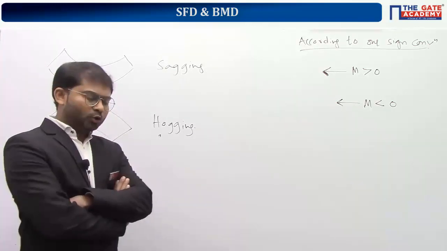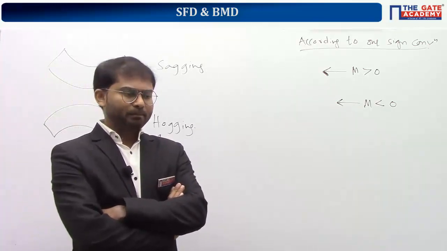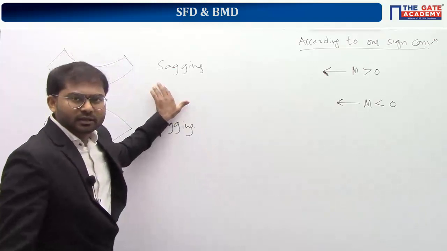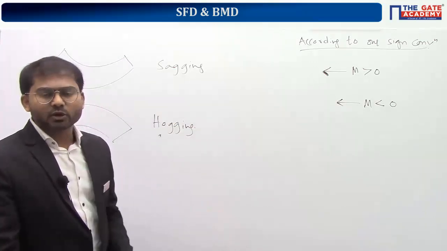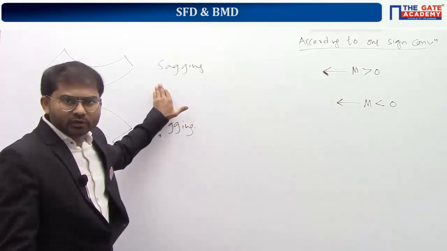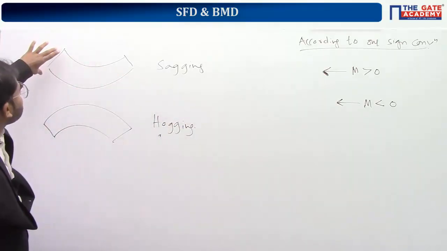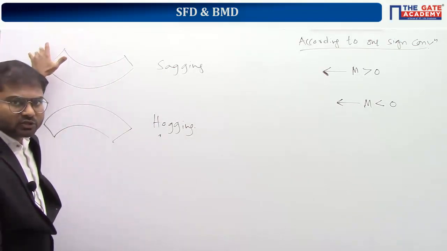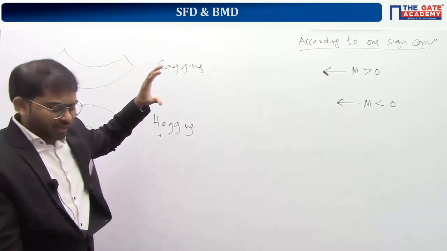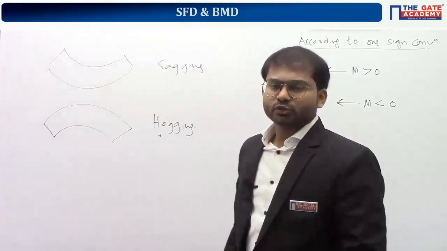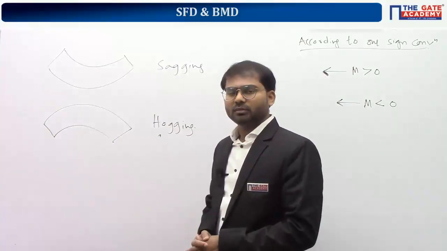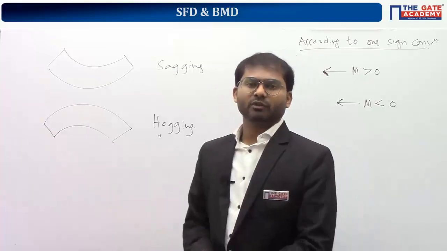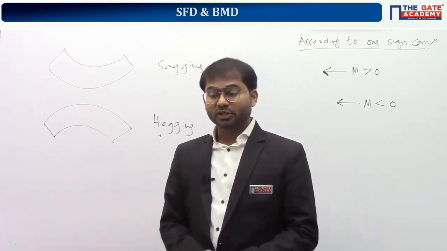Understood? If you go to a mattress shop, Sleepwell, Peps, Duroflex, etc., there they use the word sagging. They say, sir, take this mattress, it is somewhere around 10,000, it will undergo very less sagging over time. They mean the mattress will not become like this if the person is repeatedly sleeping and getting up. The mattress is stronger, with good endurance, so it will not lead to this type of permanent deformation, which is the phenomenon of sagging. So they use the word sagging.